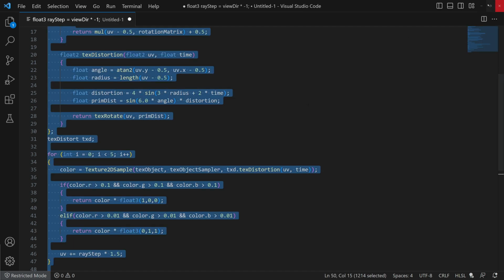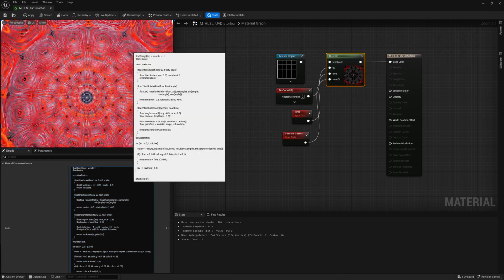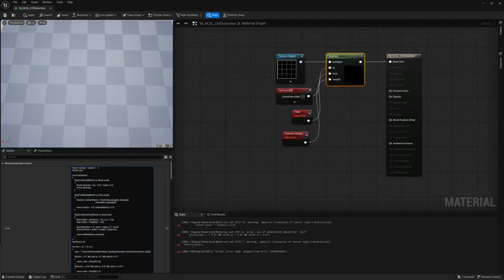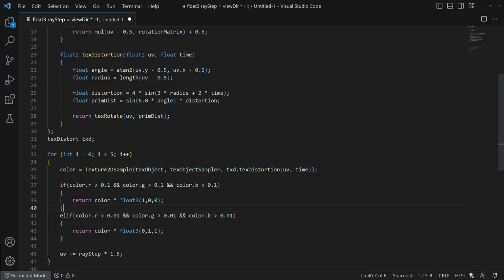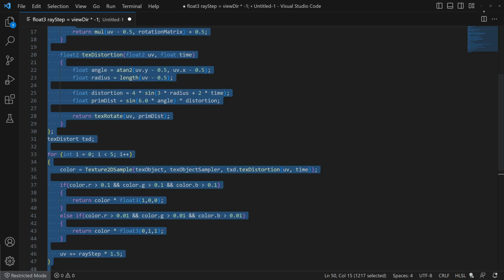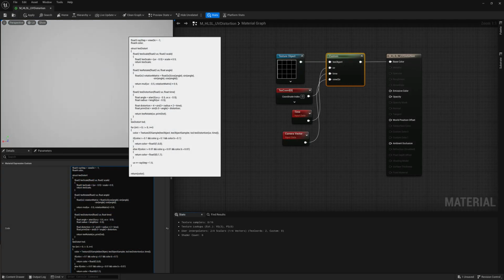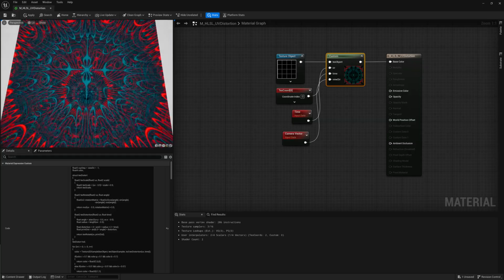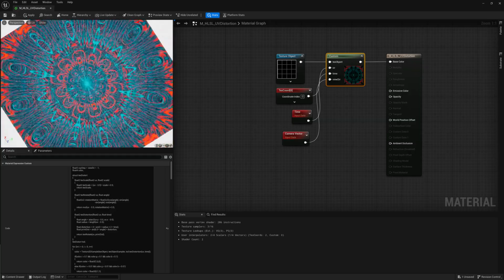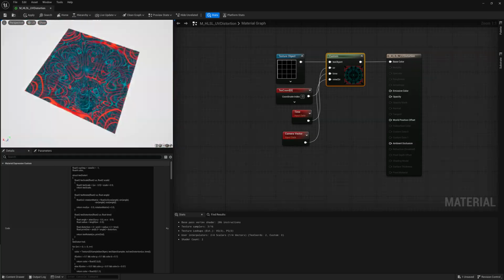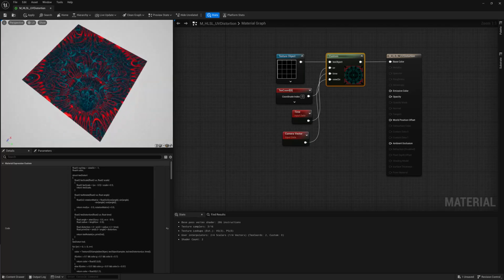And by doing that, now I can threshold out different brightness values of my texture. And let's see, I got an error here. What is my error? Oh, my bad. In HLSL, it's else if, not elif. And if I do that, there we go. Now we get a mixture of blue and red,